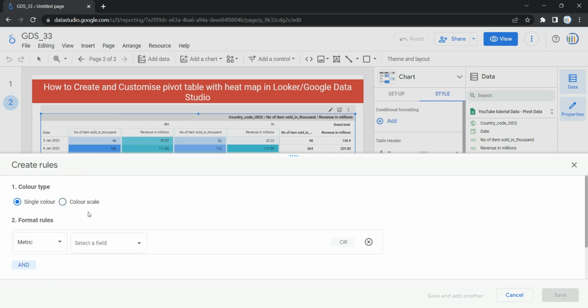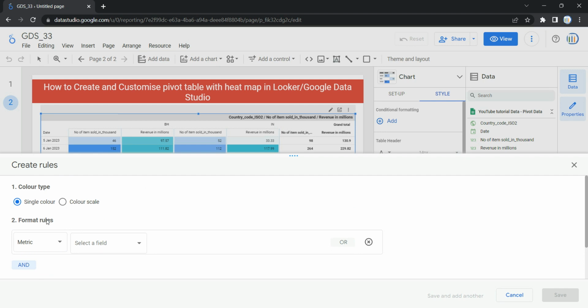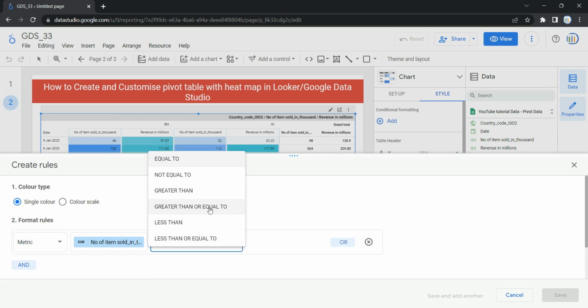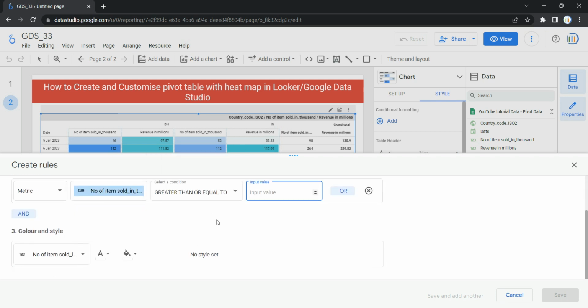Then the second option that we have is the format rule. You can apply a format rule either on metric, row, column, or any. Then you have to select a field. For example, if I select number of items sold, then you have to select a condition and input the value over here. Once you input the value, then you can select the color and style. And then you have to just click on save, and your conditional formatting will be applied on your pivot